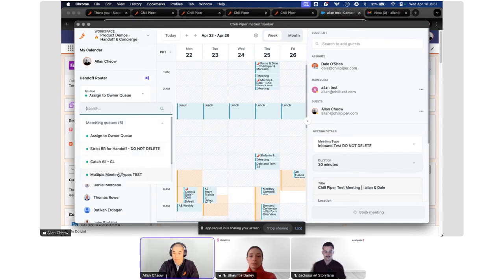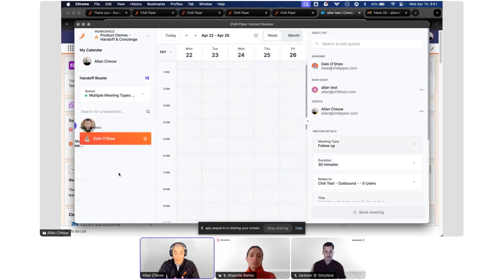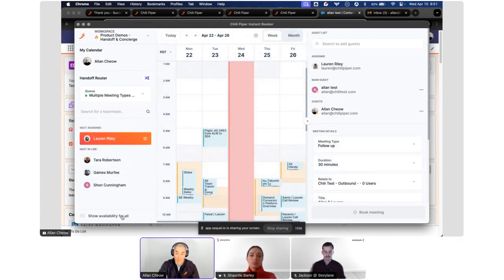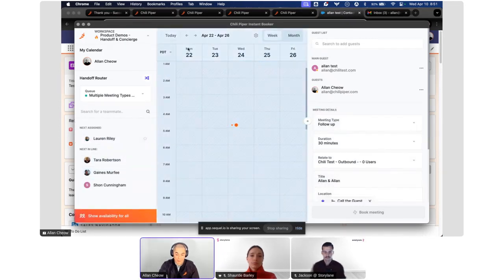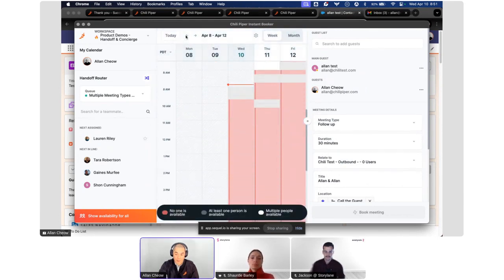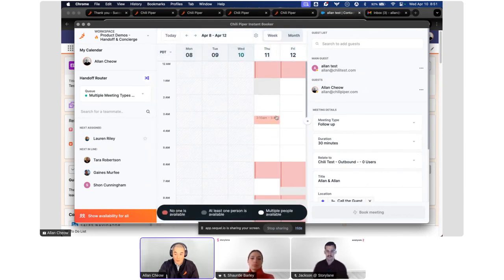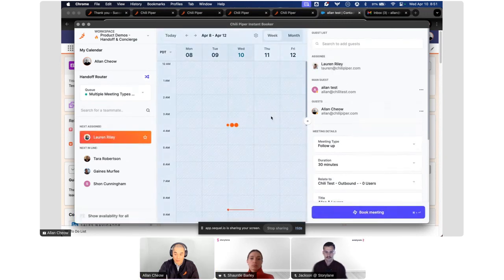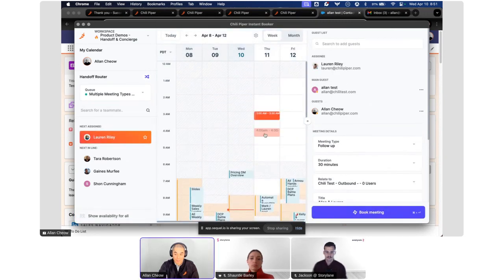If we want to make available for the earliest person, we can use the show availability for all feature within our instant booker. And this will overlap everyone's availability. And when selecting time, it will show who we've paired with, and we can easily book the meeting with this